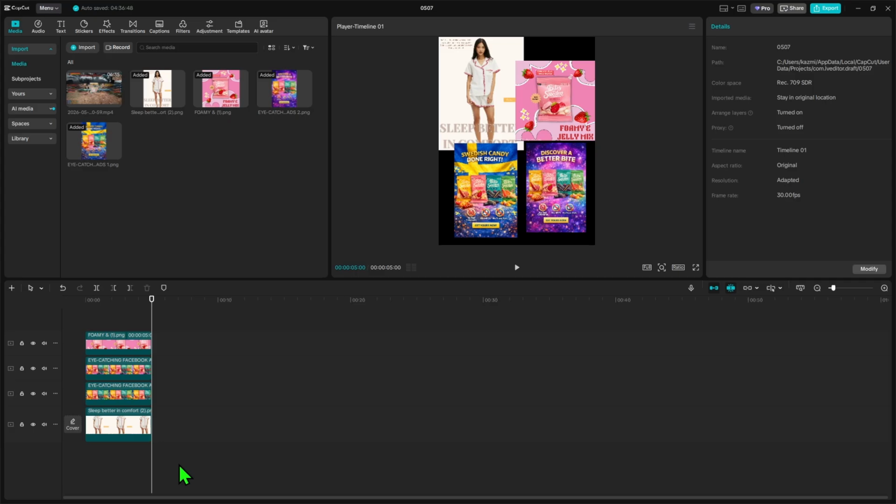Before exporting, play the full project from the beginning. Make sure every layer starts and ends at the right time, the collage is balanced, and no important part is cut off. Once everything looks good, click Export in the top right corner. Choose your resolution, frame rate, and file settings, then export the finished collage